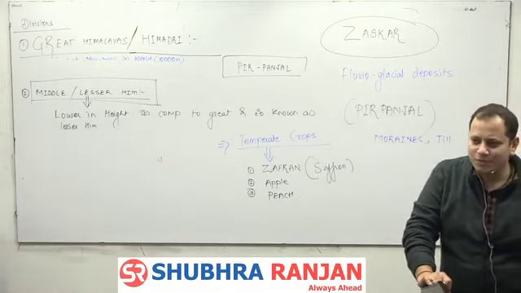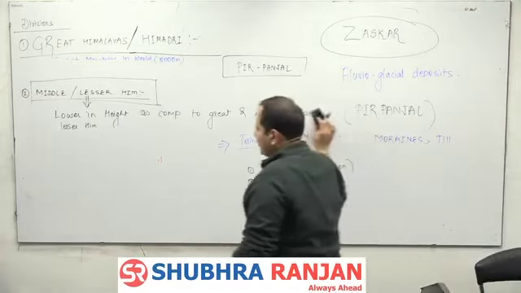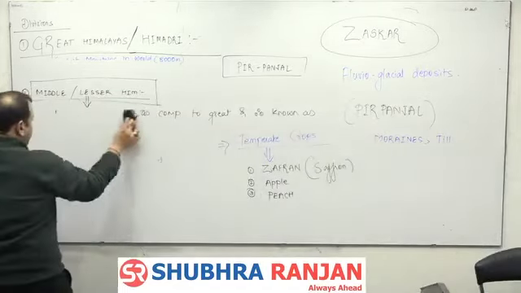So Kashmir is between which two ranges, Zaskar and Pir Panjal. Next,